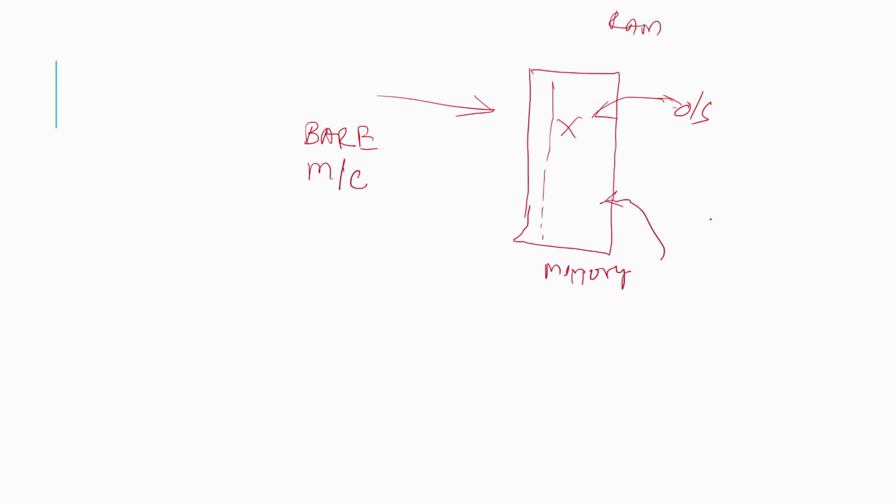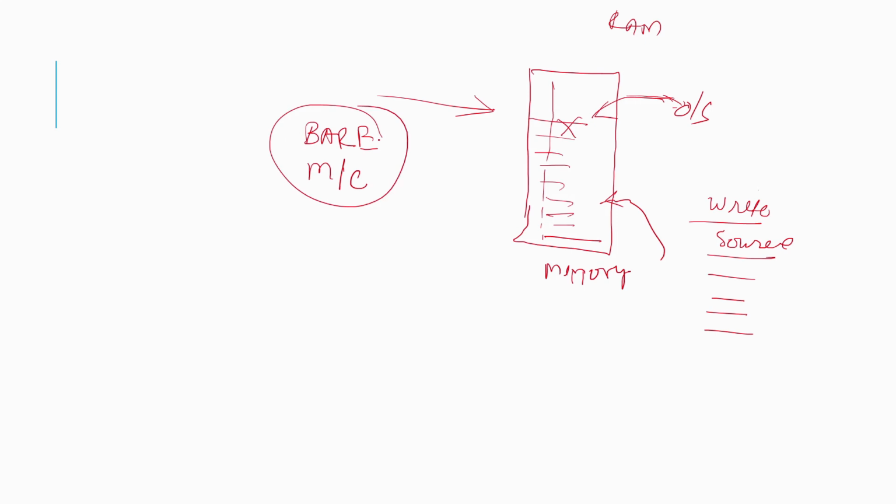Here manually everything you have to do. You have to open the editor for writing the source code, compilation, linking, loading, execution. Everything was done by the user manually. So it was a bare machine kind of thing. The designer who was using this system was free to choose the memory area, what program to access and what to run. So the bare machine was very time taking, it was not very efficient. Everything we were doing manually.